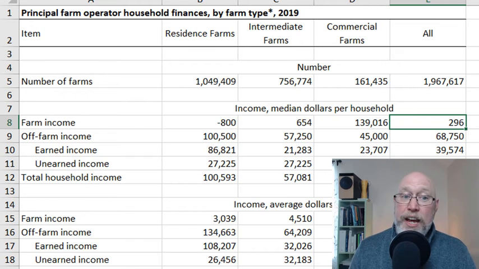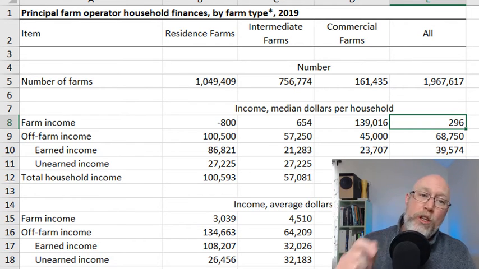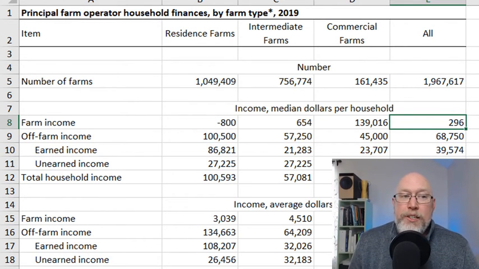So it's fair to say, and again, if you go back and look historically, this is a pattern that's historical and it's been holding for many years. Half of all farms lose money. If you're driving down the road, you see a farm, and there's a farm right beside it, odds are one of them lost money in 2019. And that's important to understand.